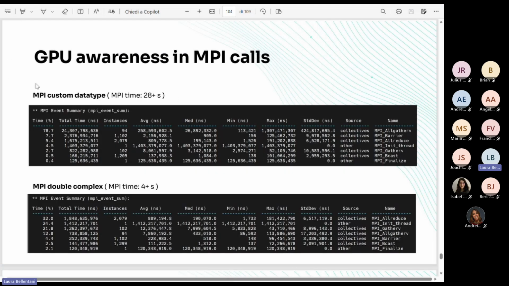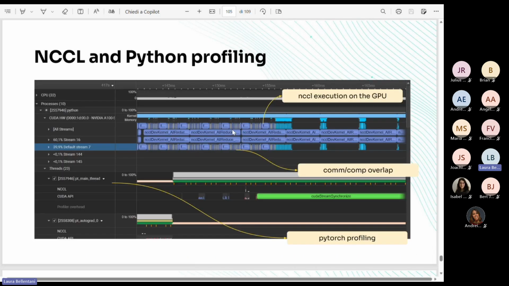I'm sorry, this is just here to show the difference in time to solution and the improvement achieved with this optimization assisted by Nsight Systems. I want to conclude here by mentioning, because I don't have much time left, that you can actually profile Python codes and investigate the performance of other communication libraries, in particular NCCL.